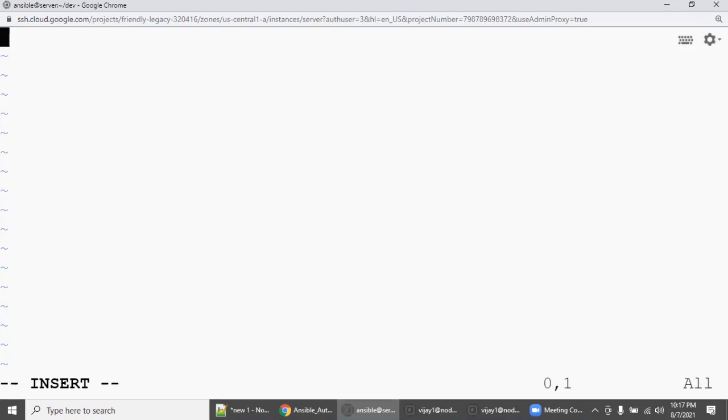I'm going into insert mode because I'm in the vi editor. First line is three hyphens, enter, hyphen, space, name. What I'm going to do is install some packages, because we need to declare what we are going to achieve as part of this playbook.